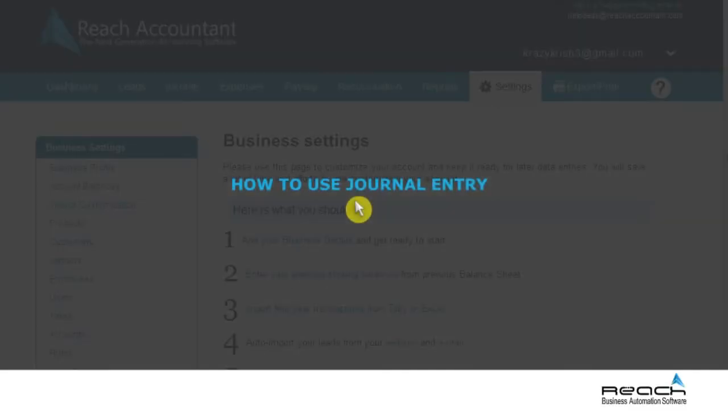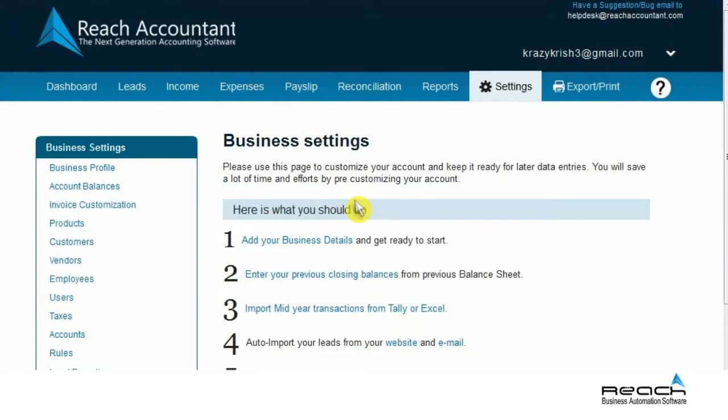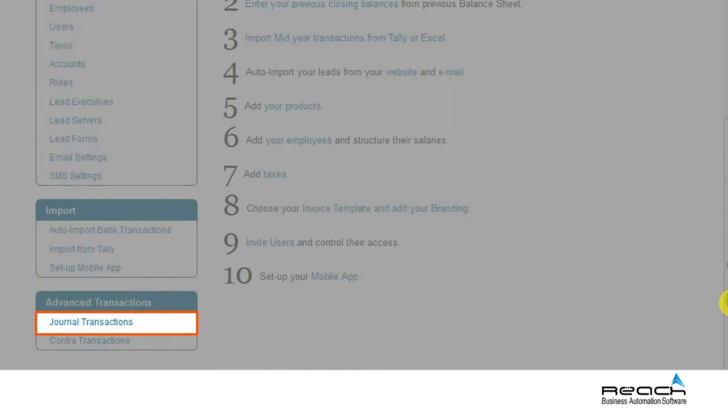Let us now see how to use journal entry. A journal entry is a business transaction that takes place. The first step is to record the same in the books of original entry or subsidiary books or books of prime or journal. Thus, a journal is a simple book of accounts in which all the business transactions are originally recorded in chronological order, that is, day to day,